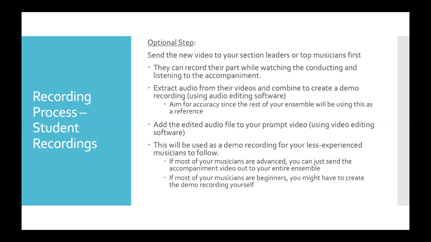That video is a video I'm going to use for the virtual choir just a little bit down the road. But for right now, I extracted the audio of that video and I added it to my prompt video, just like I did with my accompaniment. And so now they have instructions, me conducting, the piano playing the accompaniment, and a really experienced singer singing their part all in one. And it became an incredibly easy thing for even my most basic, inexperienced students to follow,